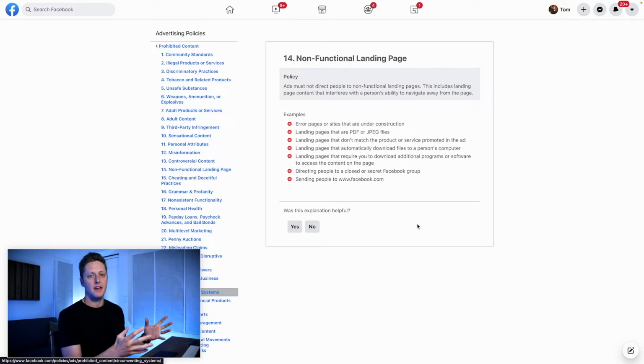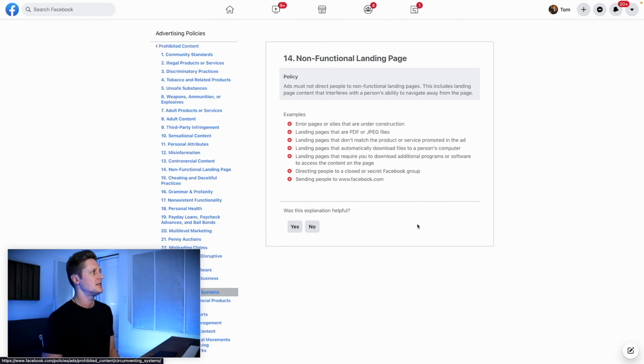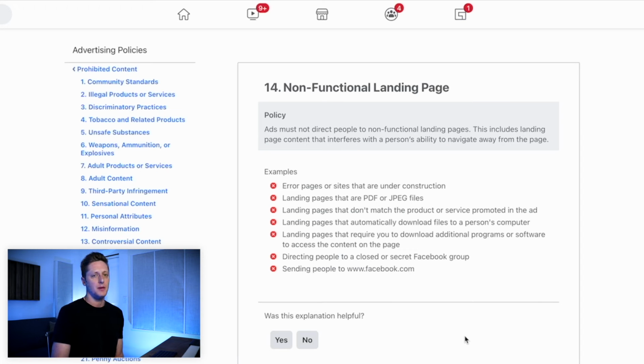When you get into Facebook's advertising policies here, there are two advertising policies really that have to do or might have to do with link redirects. There is no specific policy that expressly names link redirects as being prohibited per their policies. So the best we can do is find the ones that might apply most readily and see what they have to say. So the first one is this non-functional landing page policy.